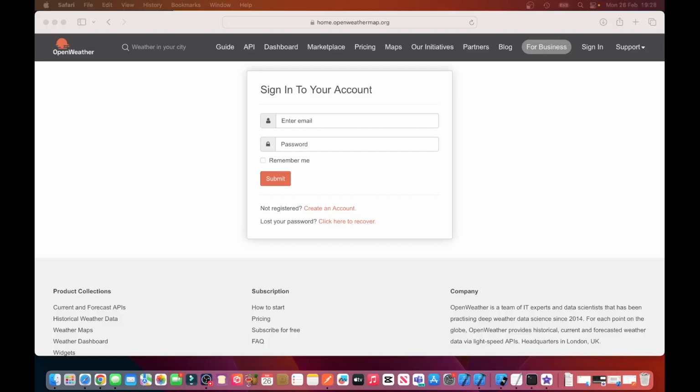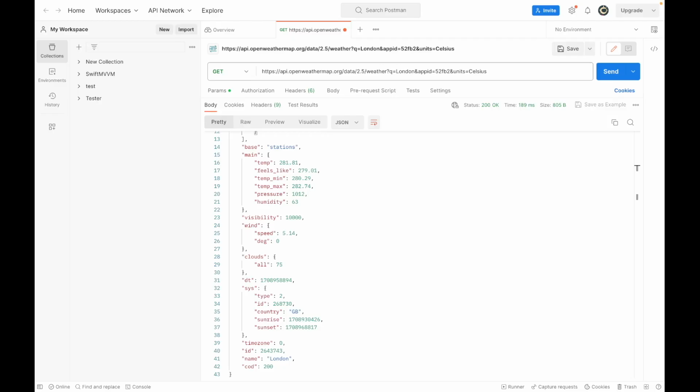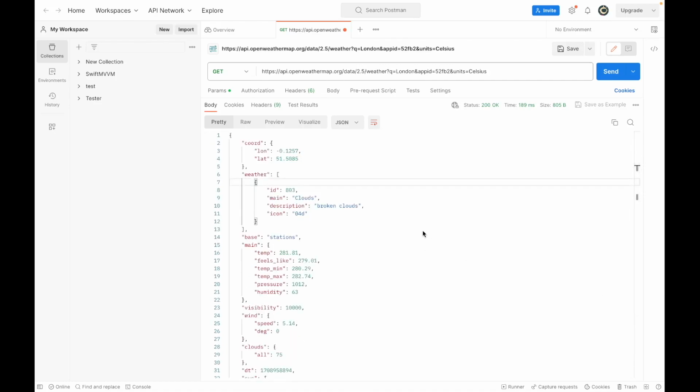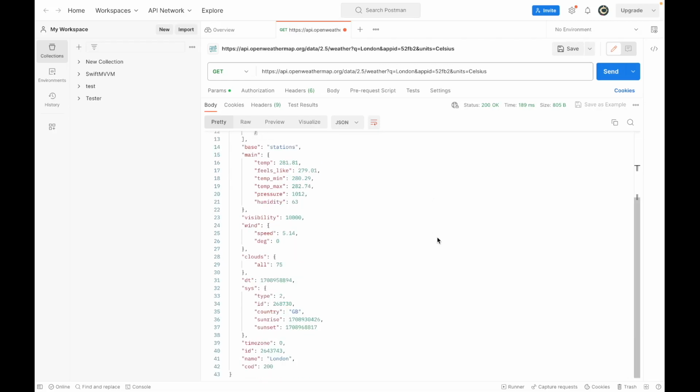To use Open Weather Map API, you need to register on openweathermap.org to obtain your API key. The Open Weather Map API returns this JSON payload. The information we'll be extracting from the payload includes the following: the name, which includes the city name or the country name. We'll be extracting that key,